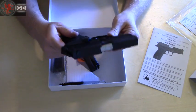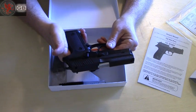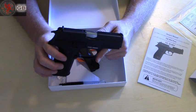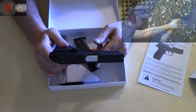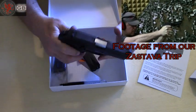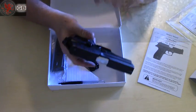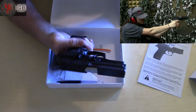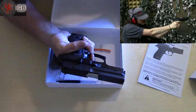One of the things that attracted me to this gun is that it is a single action double action with a decocker. I've never owned a gun like that, never carried a gun like that. Honestly, I hadn't even fired one before. However, with a single action double action that has a decocker, you can load it, chamber a round, decock it, and now you're safe with this super long, heavy, very deliberate trigger